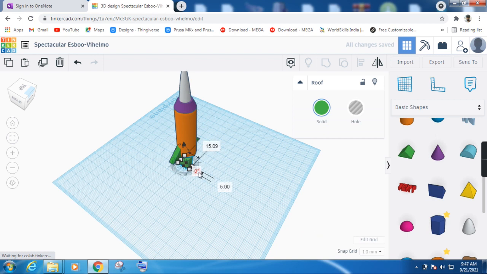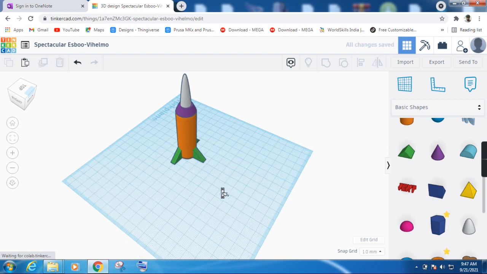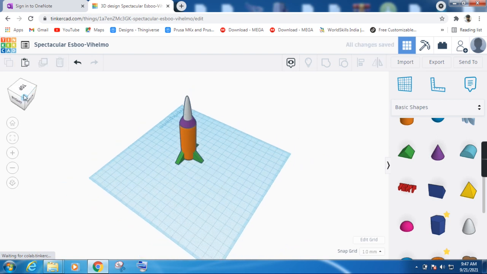It rotated the other direction for 90, so let me use 180. So now let's see, is it rotated properly? Yeah, it's rotated properly. I'm going to use my arrow key on my keyboard, and I'm going to align that using that one. So you see that it got aligned now.